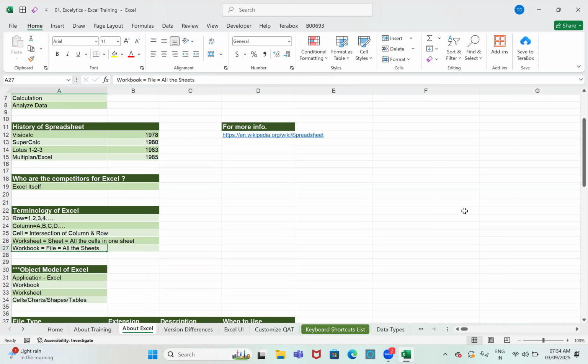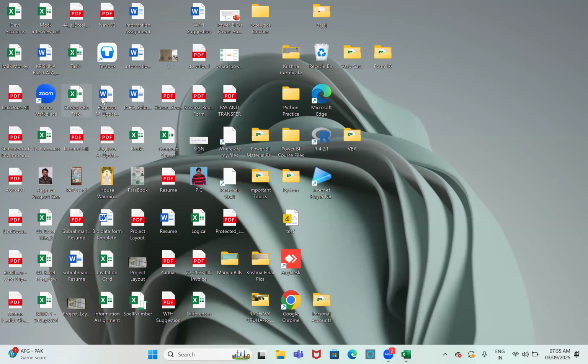Workbook is nothing but a file. If you want to work with any application, first of all, you have to create a file. That may be a Word file or PowerPoint presentation file. This is called one file, right?